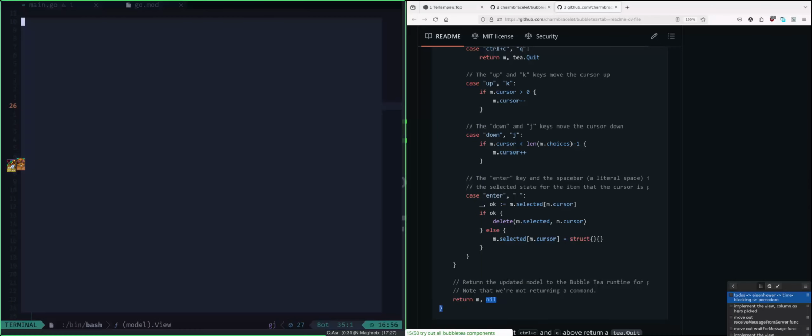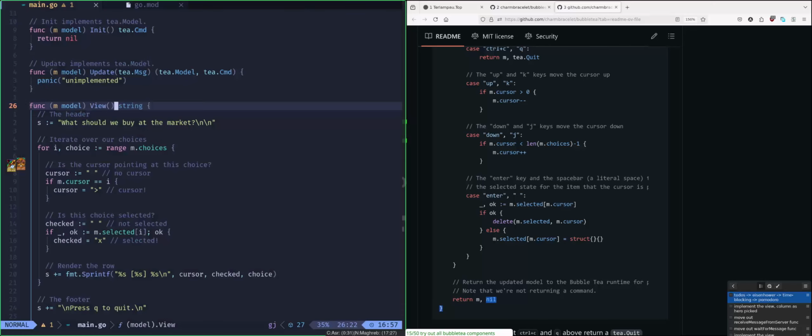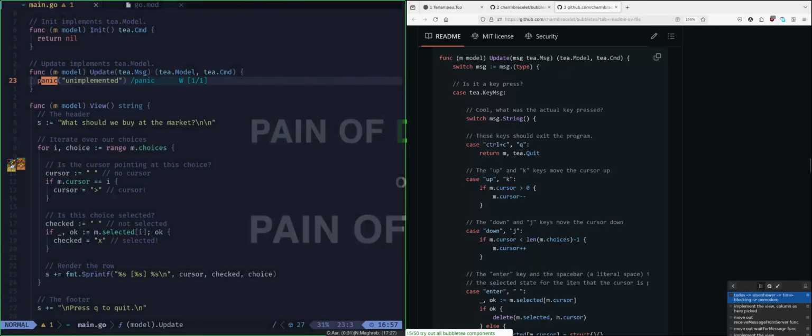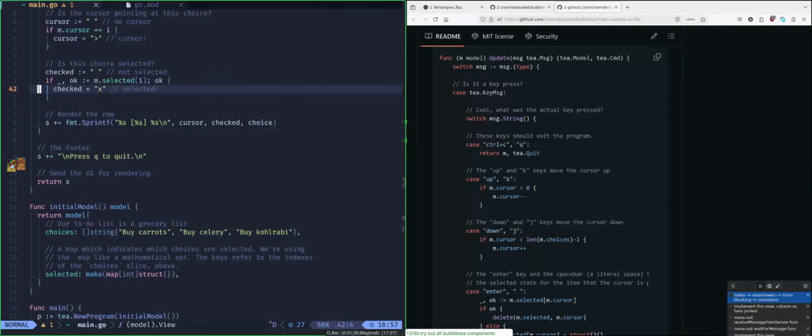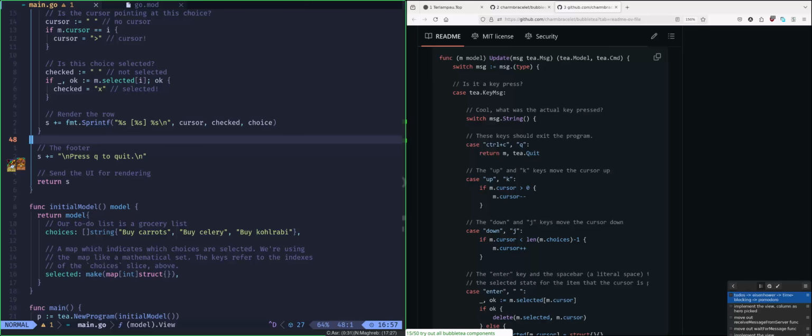So let's see the result. Go run. Okay, so there's still a panic for the update. Did I miss the copy? I already did that. Oh, I think I copied into the wrong place.